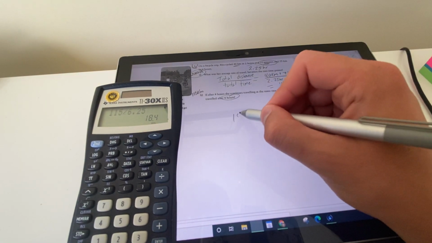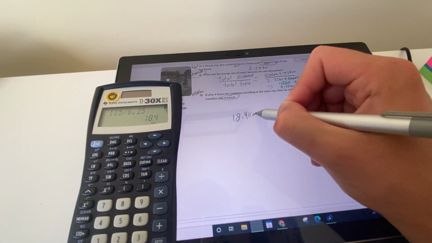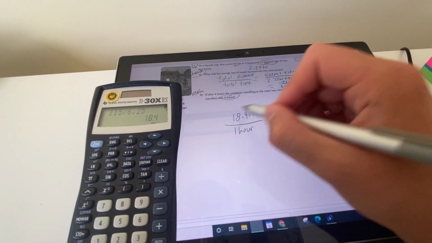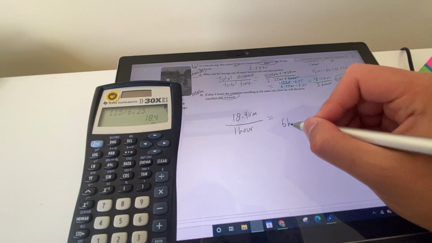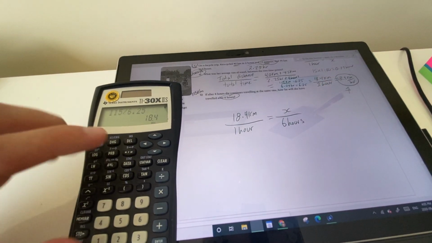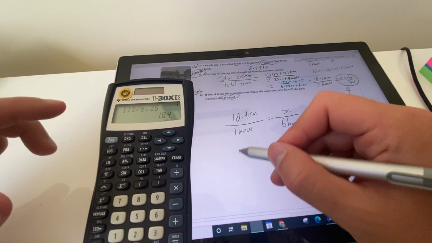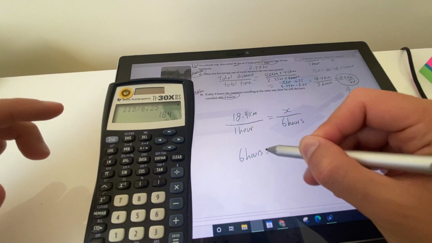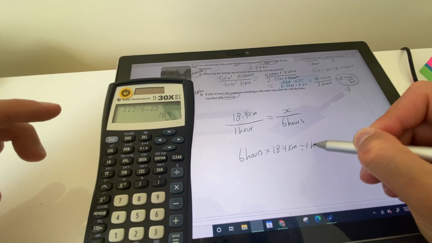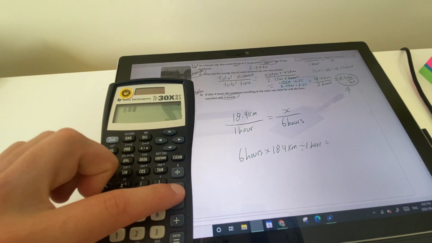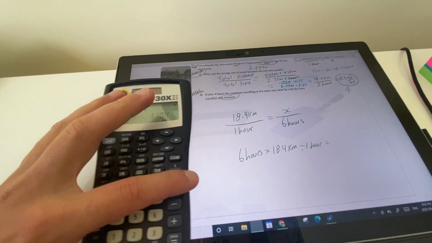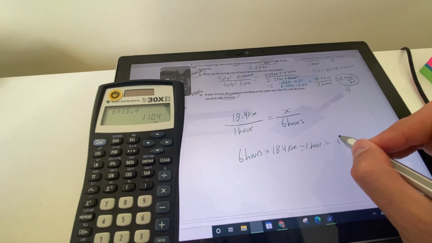So remember, this is 18.4 kilometers per 1 hour. Now we have this ratio. I'm going to put hours on the bottom. So 6 hours for every, how many kilometers does she go there? Cross multiply, divide. 6 hours times 18.4 kilometers divided by 1 hour. So that will be 6 times 18.4 divided by 1. And that's going to give us